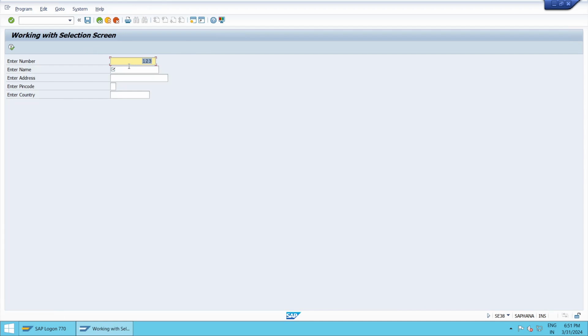The left side is called labels, the right side is called the input field. As the name suggests, the input field is ready to accept input. The user can enter the value, specify the value, or type the value. But which value to be entered? The user will look at the left side label. Based on the left side label, the user enters the value,